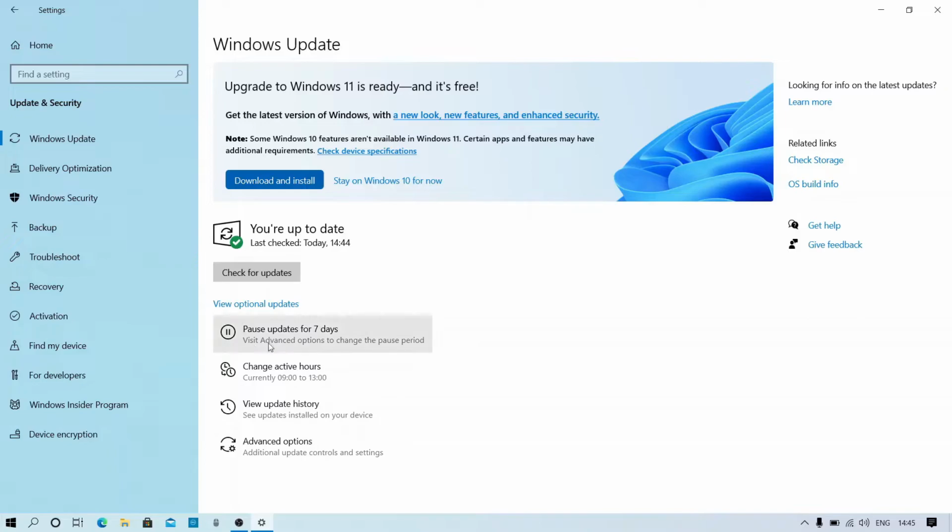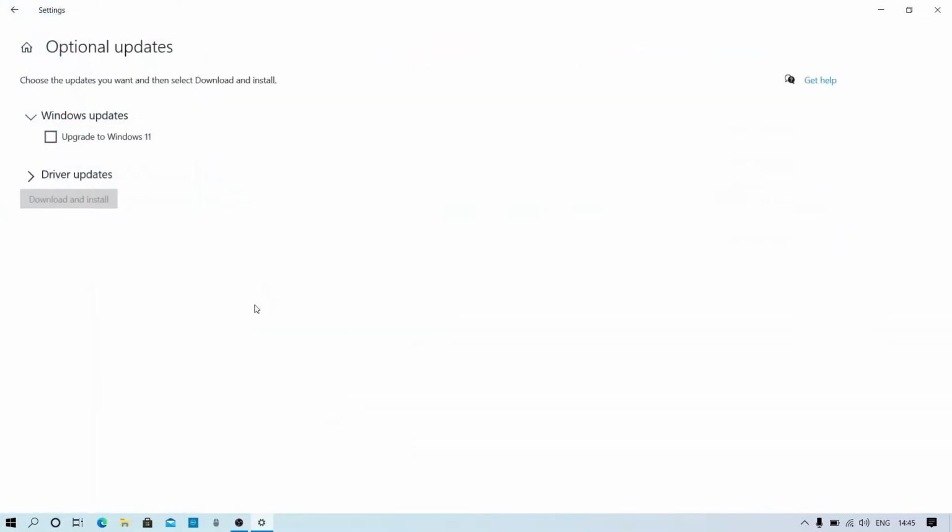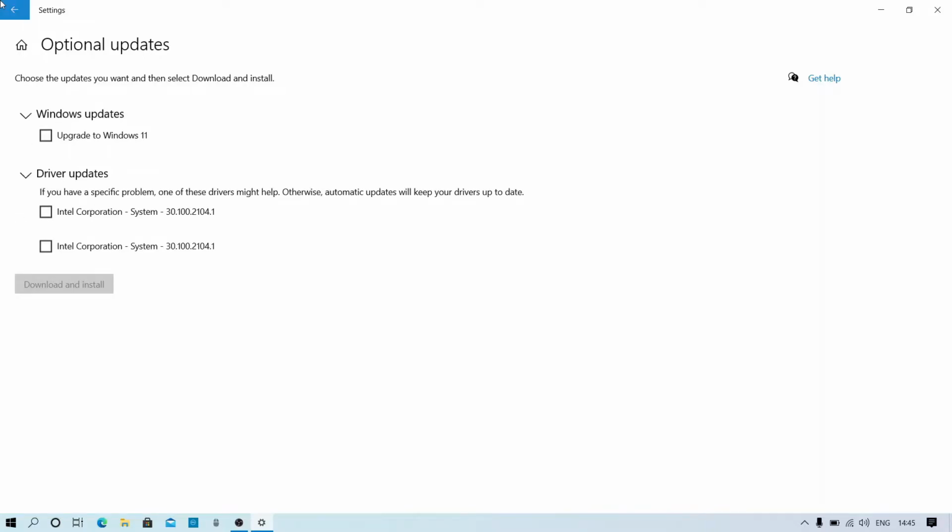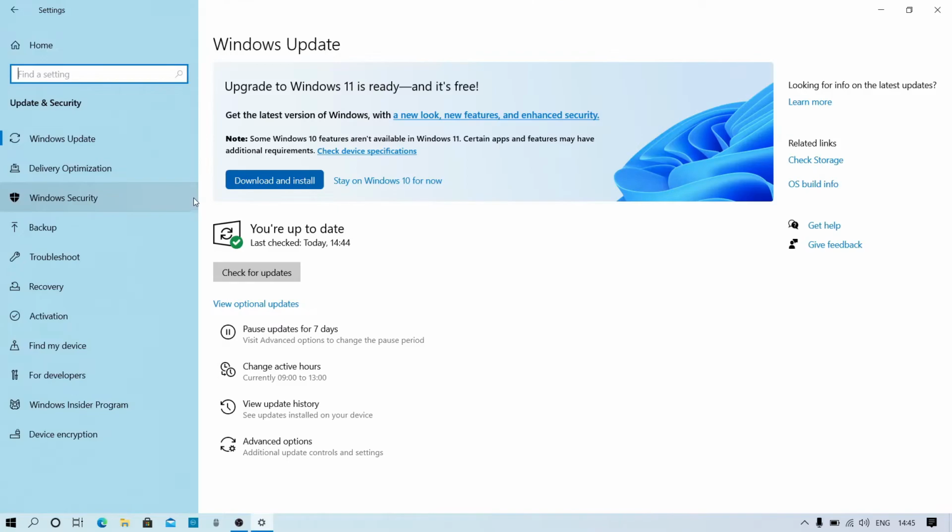So if this doesn't appear, go to optional updates and driver updates, update all drivers, and if it says that my PC is not compatible with Windows 11, then you will not have the TPM or recommended processor. So how you can check the TPM is,